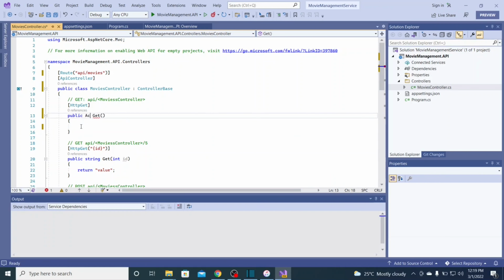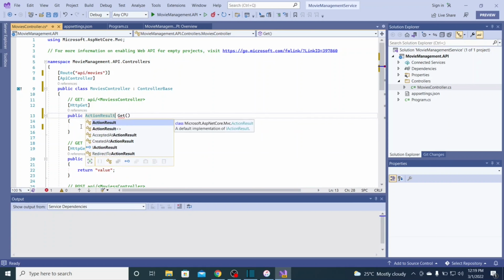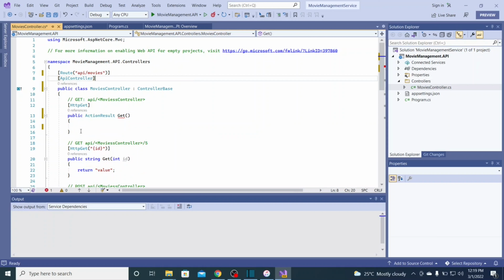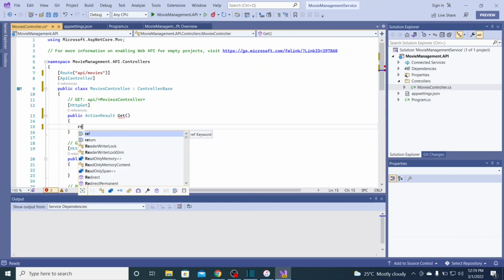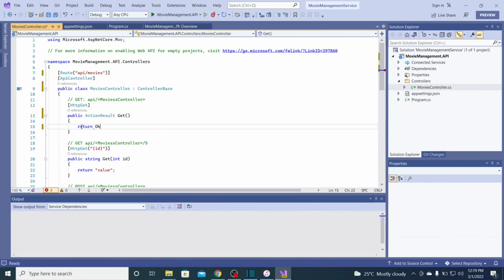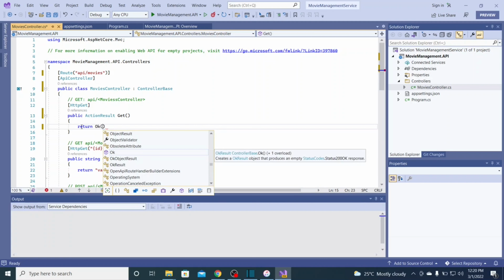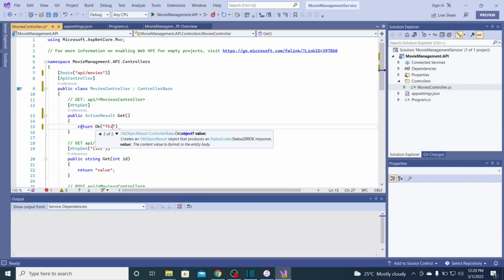endpoint. So the best way to do it is to use ActionResult, because this is going to give you the potential to return the RESTful responses. So if I put return here, I could put return there. Okay, so we're just putting this to test. Okay, we're going to say this is a GET request, for instance. So that would be here,